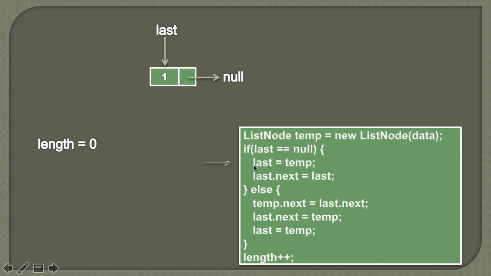Moving ahead. Now in the second step, we are assigning the value of last to last.next. Why we are doing this step is we need to fulfill the circular singly linked list property that last.next should point to the first node. And as we know that this is the only node in the circular singly linked list, therefore the last and the first node is the node itself. So we are assigning the value of last to last.next. So it would look something like this. So this link is gone and now this last.next will refer to the node itself. So it would look something like this.